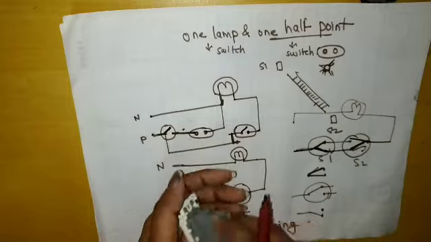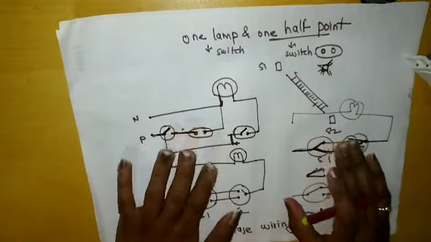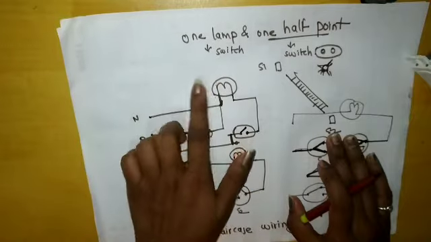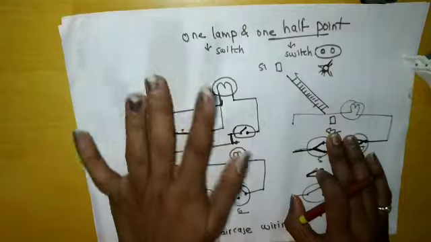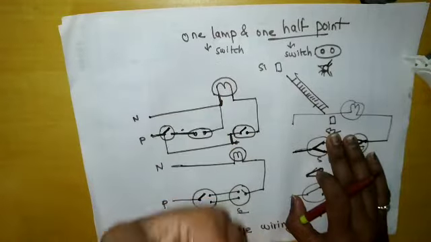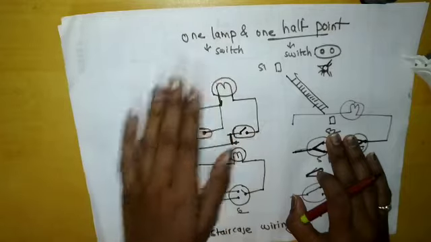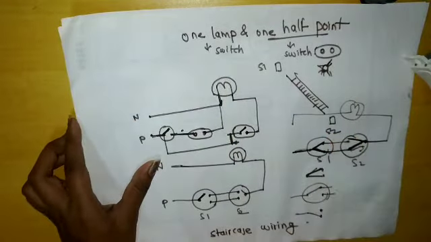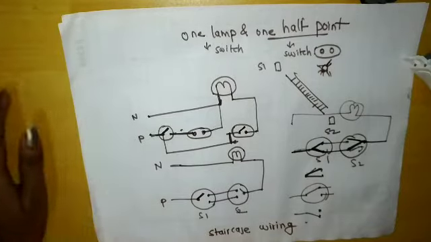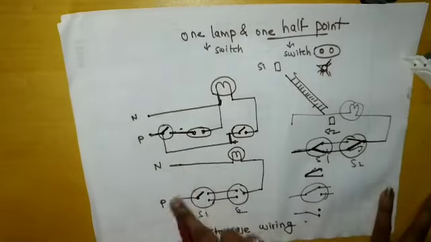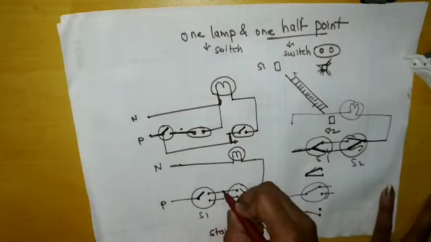Next one is the intermediate switch. In staircase wiring, we can control one single bulb by two different switches, right? But in the intermediate case, we can control one single bulb by 3 or 4 switches. So how does it work, or what is the change in the diagram? In the diagram, we just connect, in the same diagram of staircase wiring, one intermediate switch.